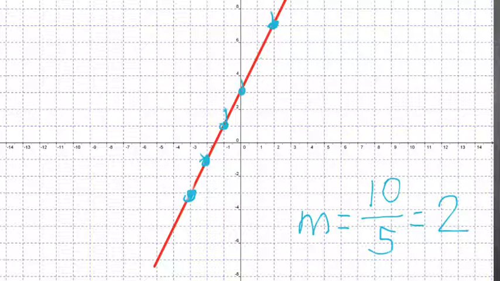A lot of teachers like to teach that it depends on your directioning, right? In this case, you rose 10 and then you ran 5. So that's positive. If you had to in any way fall and then run, that's a negative because you fell